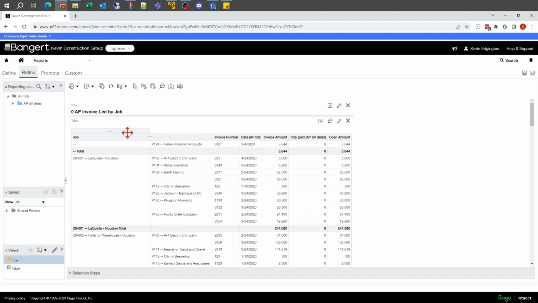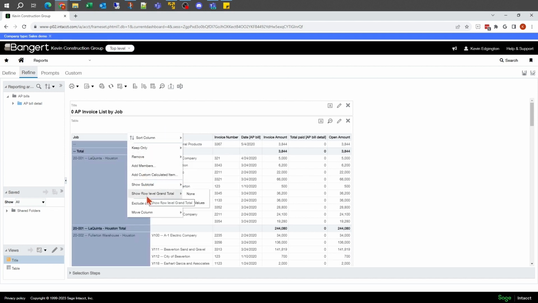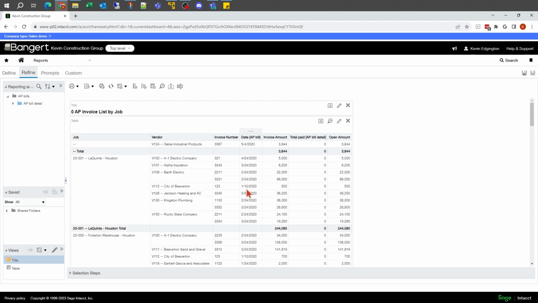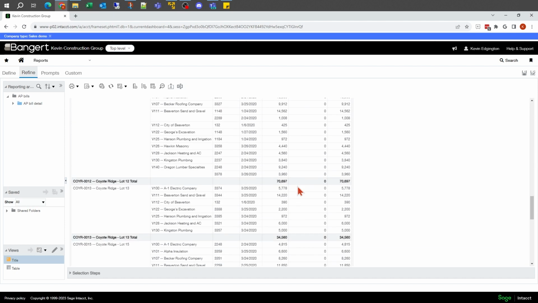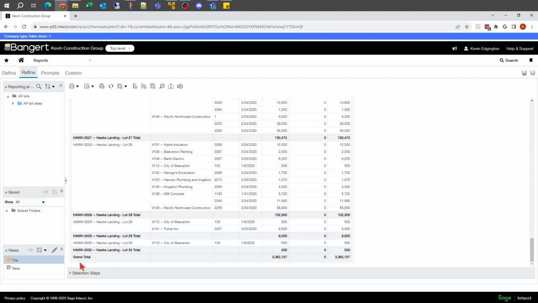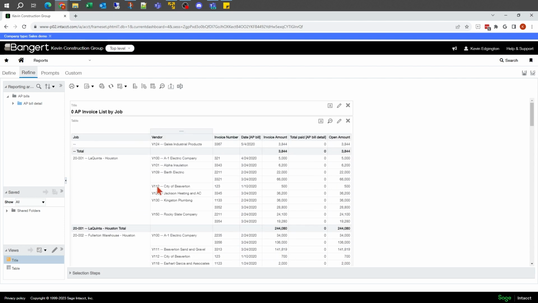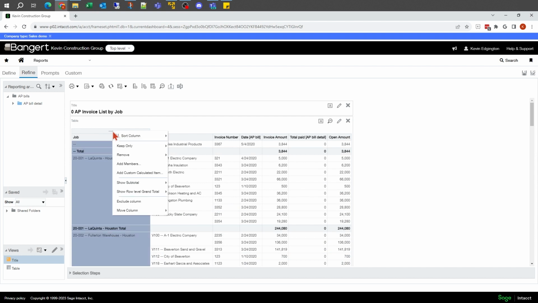That's also where I could go into right click and show a row level for my grand totals. So this still looks all the same. When I get down to the bottom of my report, you'll see a grand total line, and it'll drop a subtotal in for the grand total of this report. So that's how you can get totals on your reports. Those are pretty easy. They're just with a right click. And it's also nice that you can just say none and turn them off or turn them on. Pretty easy with just the control of the subtotal and the grand total lines there.